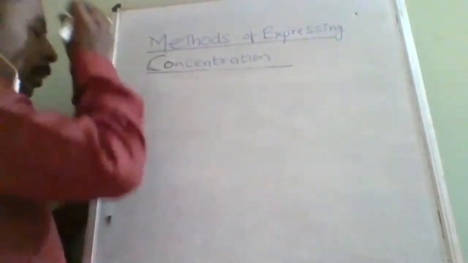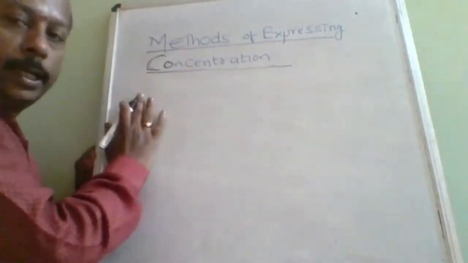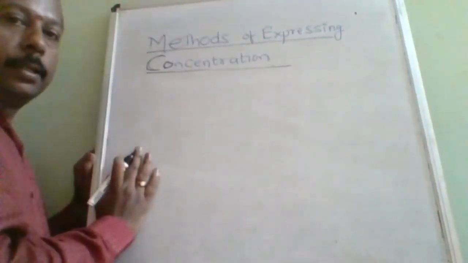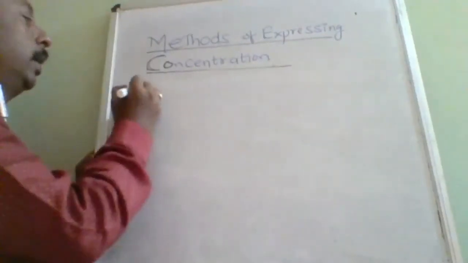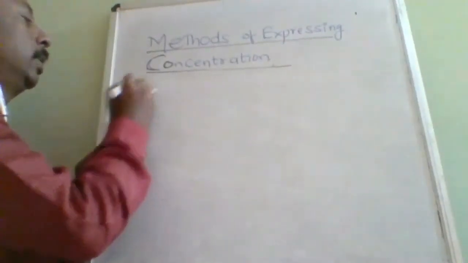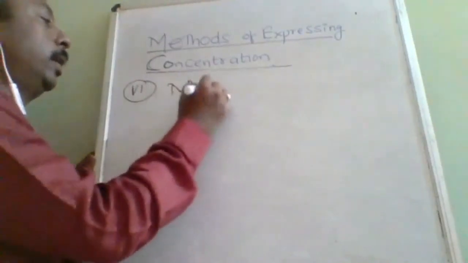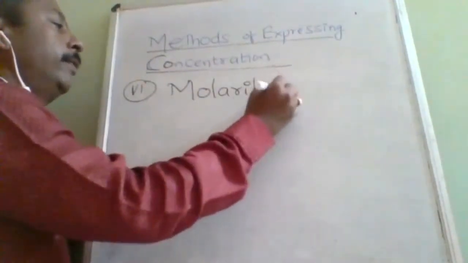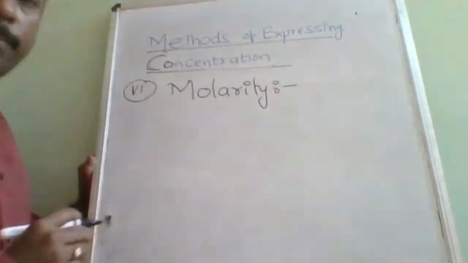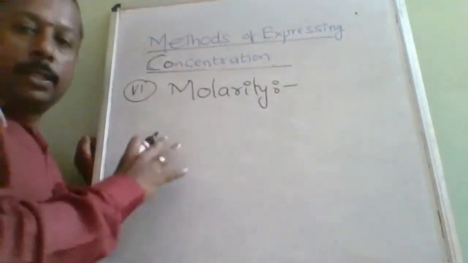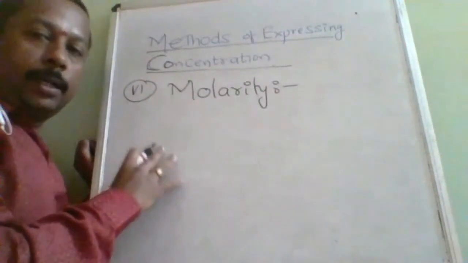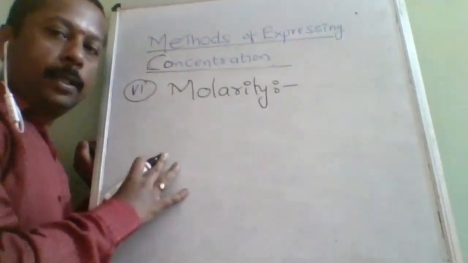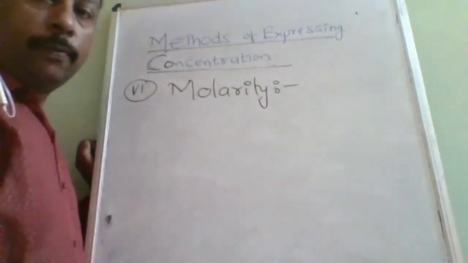Now we are entering the latest era of concentration. The latest era of concentration started with molarity. This is the sixth topic. Molarity. People think, why memorize the definition, but there are many numericals that are going to be solved from the definition itself. I will give you live examples. There you need not use any formulas.